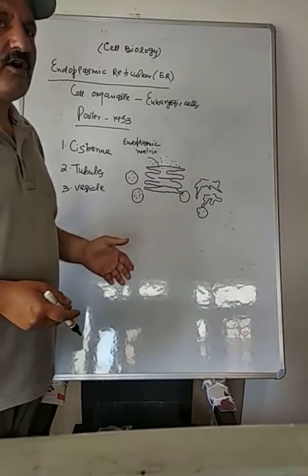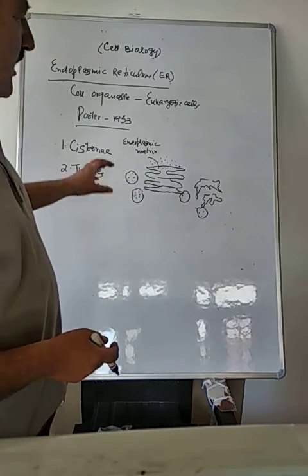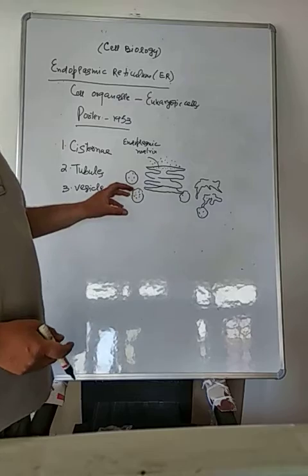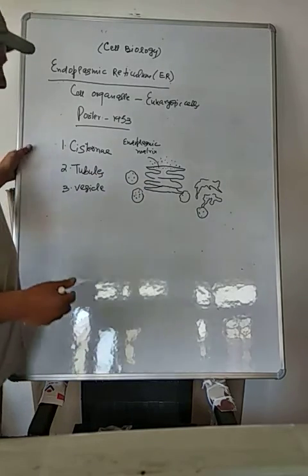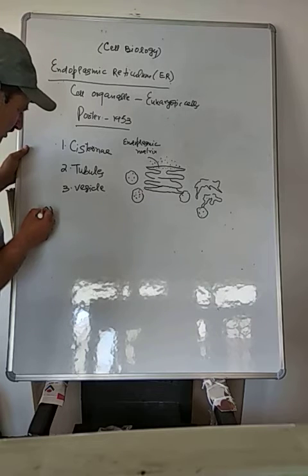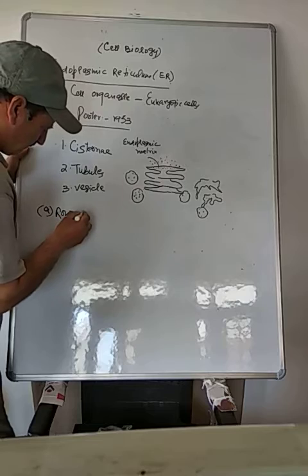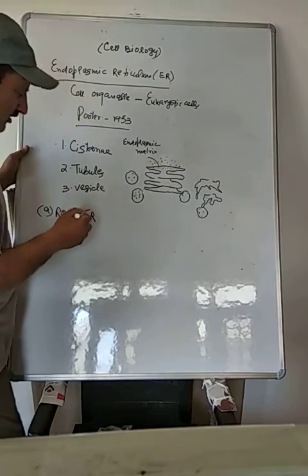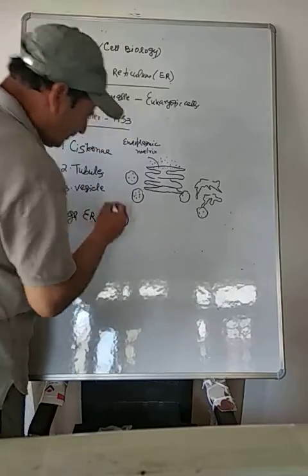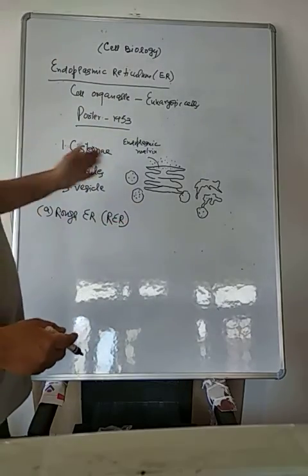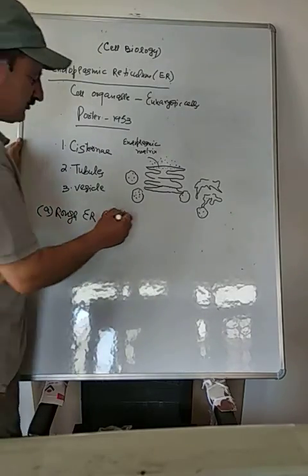Actually, these granules are ribosomes, and in that case the endoplasmic reticulum provides a stage for the formation of proteins. Such an endoplasmic reticulum is called a rough endoplasmic reticulum. I will write rough ER. Its surface looks rough, and this roughness is due to the presence of